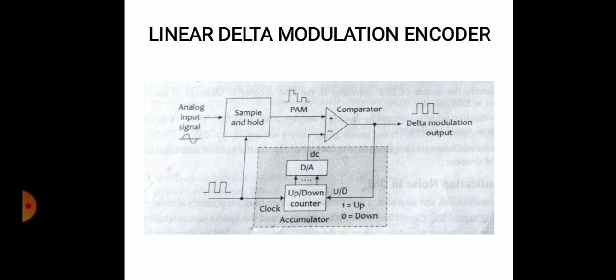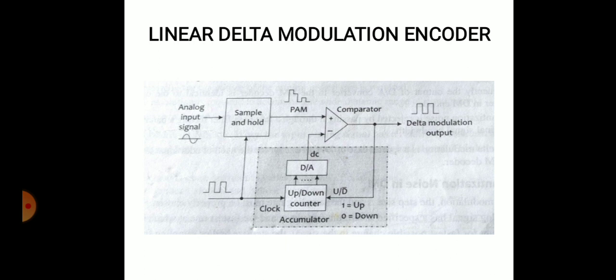It is done in the comparator circuit. The output of the D2A converter is a voltage level equal to the regenerated magnitude of the previous sample, which was earlier stored in the up down counter as a binary number. This up down counter is a part of the accumulator, and the up down counter increments or decrements its count by 1 at each rising or falling edge of the clock, depending on whether the previous sample is larger or smaller than the current sample.